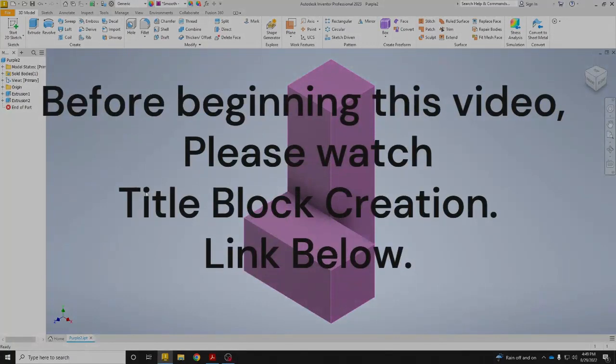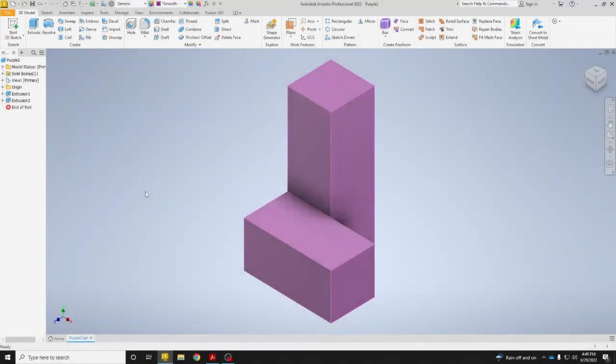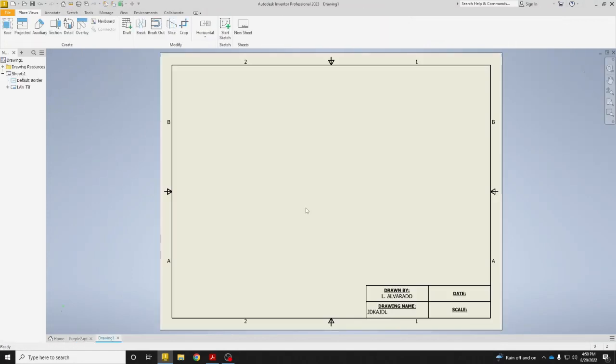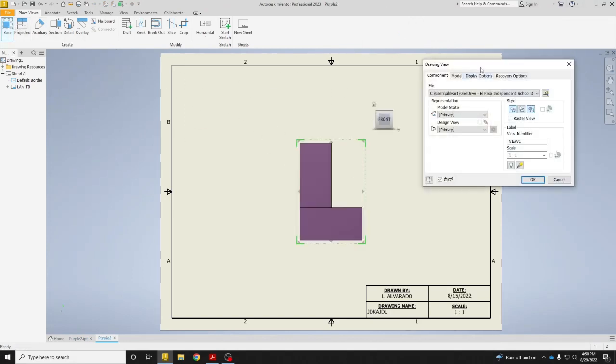Okay guys, in this video, I'm going to be showing you how to lay out your drawings on a drawing sheet. After you have completed your said drawings, you're going to go to New. After following along with the previous video where I showed you how to create your title block, you'll open that title block. To bring in your parts, all you need to do is go up to Base, and this dialog